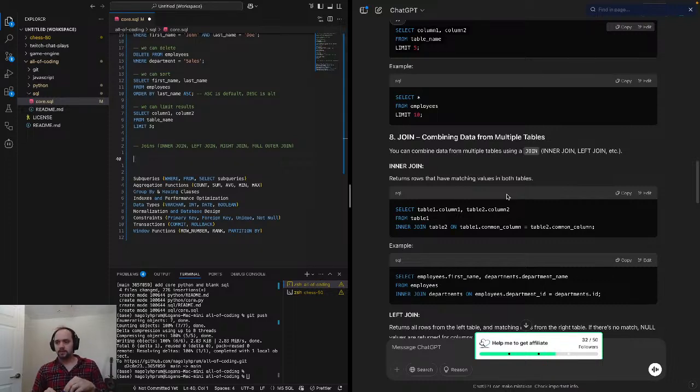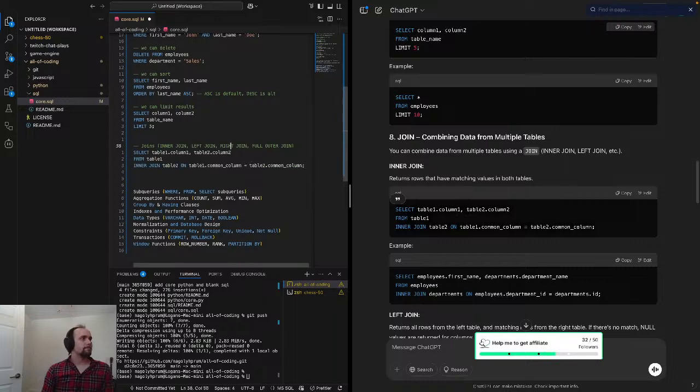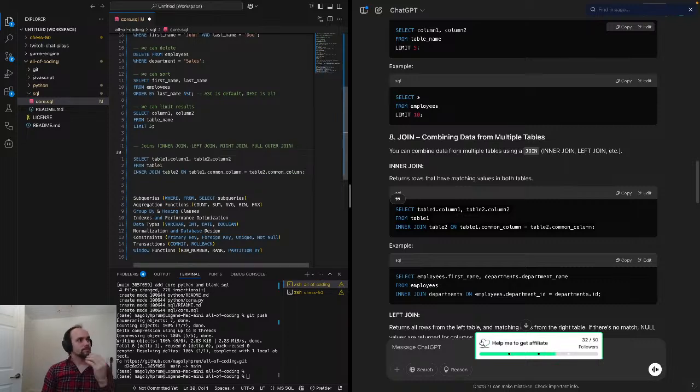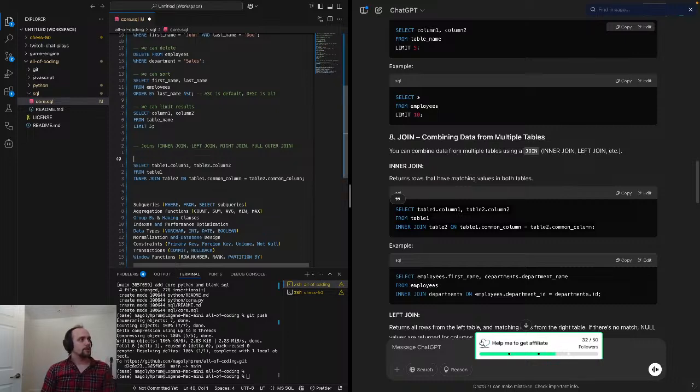Can you explain all the joins every time? I tend to mix them up. Sure. What's it? Four joins? Alright, so we'll do inner join. So inner join,